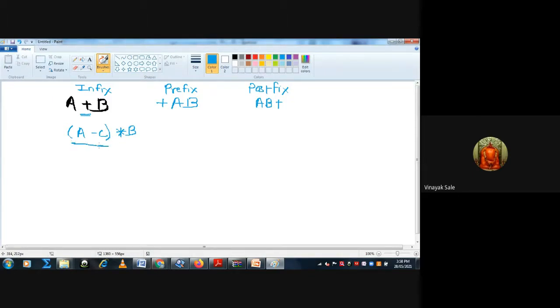This is the first operand, this is the second operand, and the operator is placed first, that is multiplication, then the first operand a minus c, then b. Now solve this bracket: multiplication, then minus a c, b. This is infix.